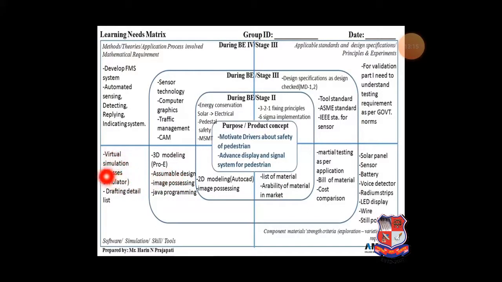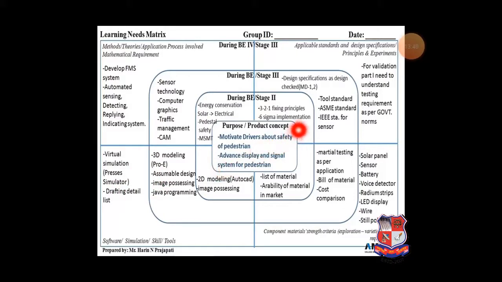Now in the final stage we can utilize the virtual simulations with the process simulations, or we can say nowadays robotic simulations are there, RobCAD, Dalmia and all these things. Then drafting, detail list. Why is it important? Drafting is the final output for the CAM. So each and everything is connected with each other. That's why we are preparing step by step.